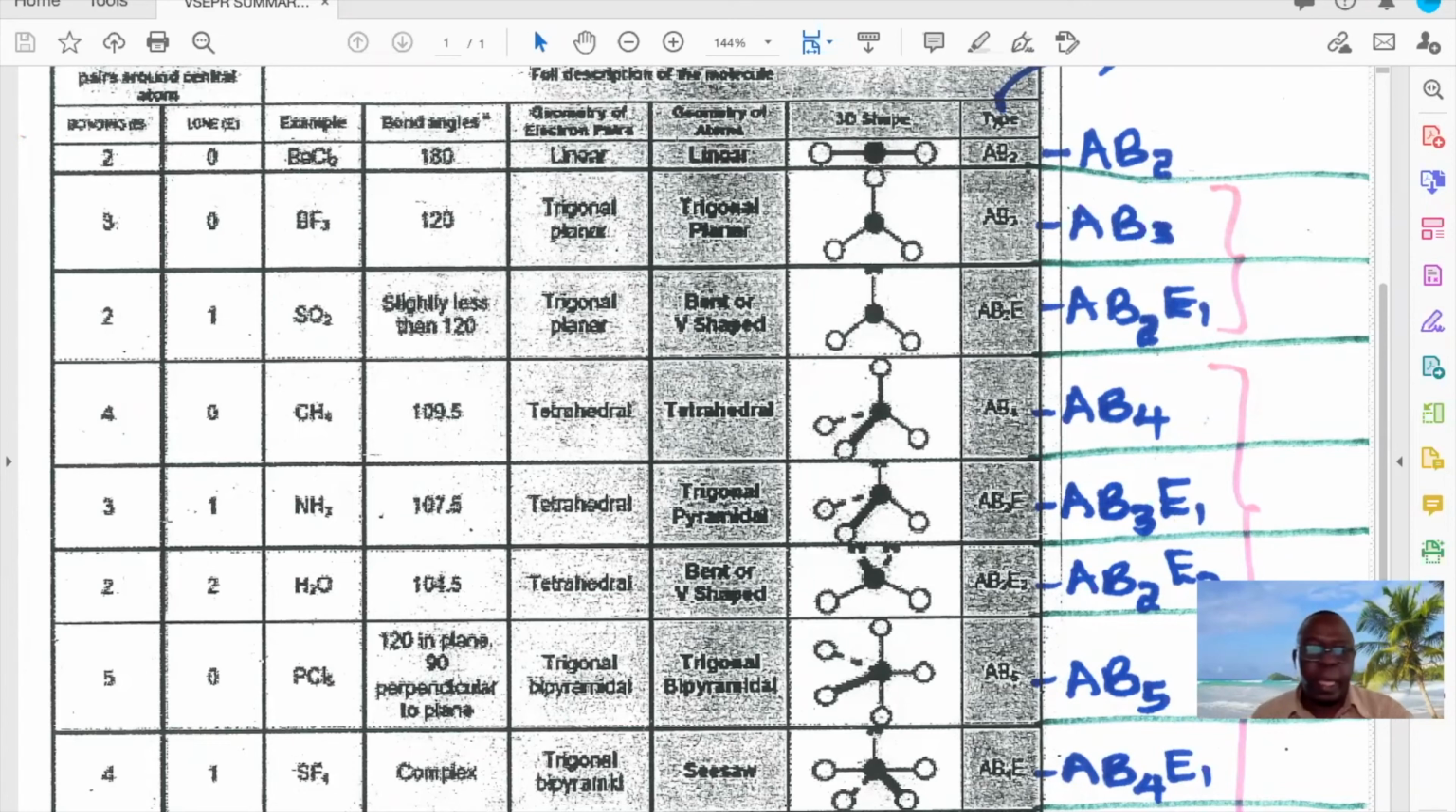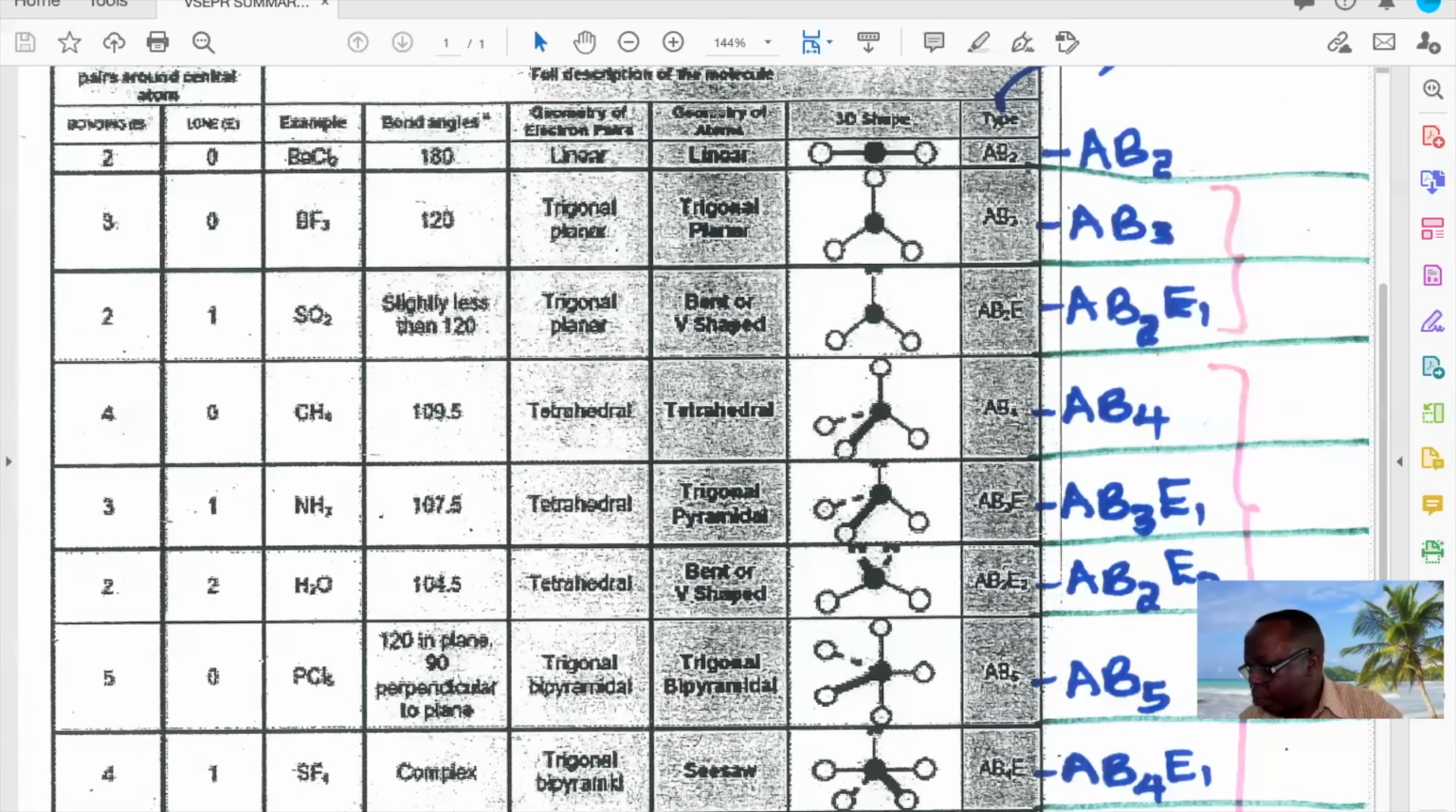If I'm looking at the geometry of electron pairs, this is electron domain geometry. This column right here is electron domain geometry. This column here is the molecular geometry. Geometry of atoms is the same as